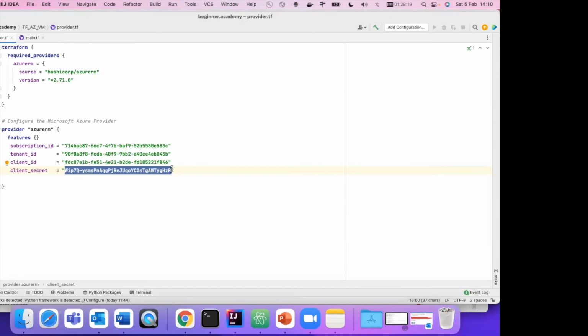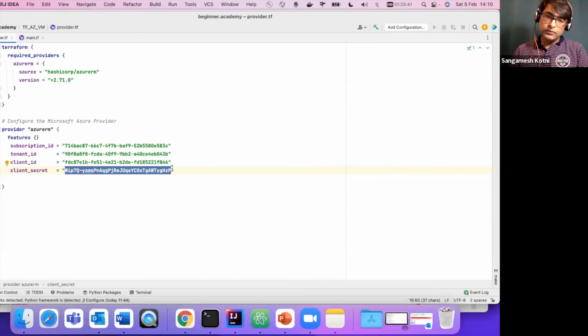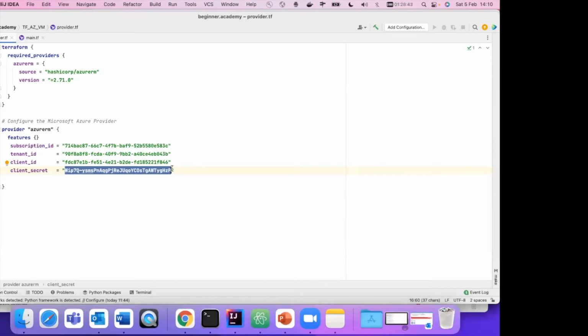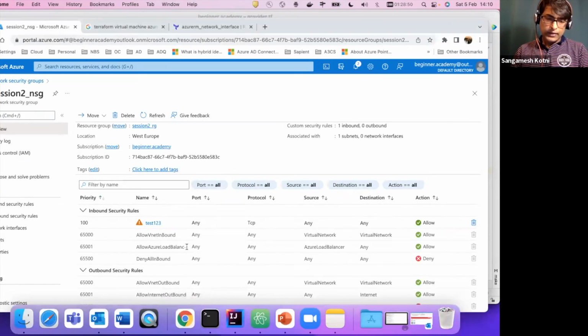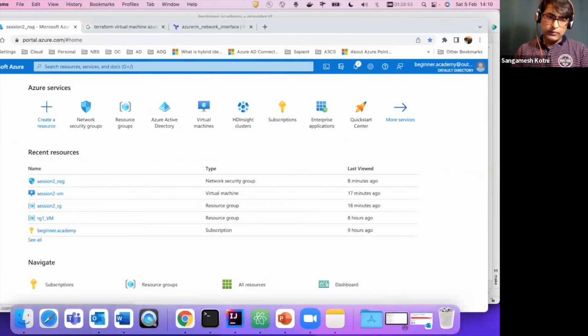Okay. Now the main question is about this particular client secret. Here it is allowing you to create the resources, meaning kind of a contributor role, right? Correct. So let's say I'm trying to follow the same way which you followed, but I'm not going to run it from the pipelines. I'm going to run it from this IntelliJ. So when I create the secret in the key vault, do I have to provide it some specific access, or will it allow me by default? It will by default. Currently, while creating a secret, I haven't mentioned anything for authorization, but